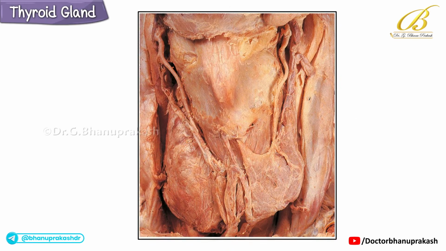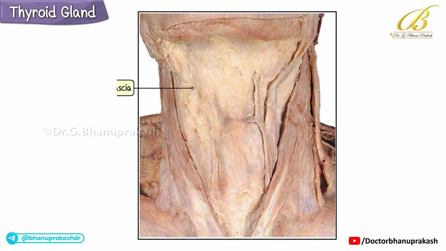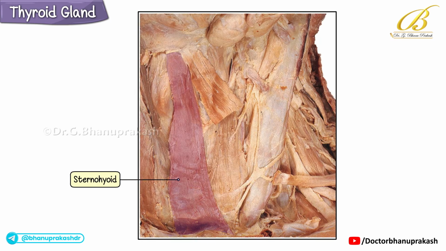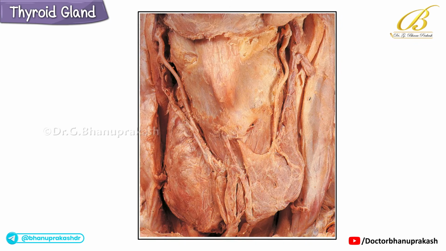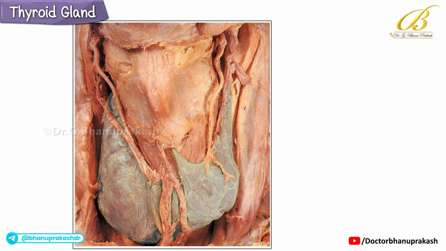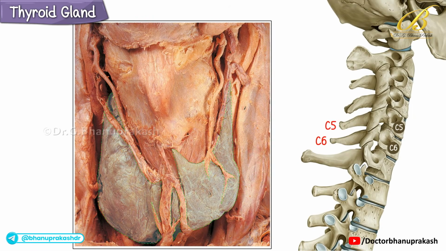This cadaveric image presents an in-depth view of the thyroid gland and its extensive vascular supply. The investing fascia, along with the sternohyoid and thyrohyoid muscles, has been carefully incised and reflected to reveal the thyroid gland in clear detail. An H-shaped thyroid gland can be seen at the levels of the C5, C6, C7, and